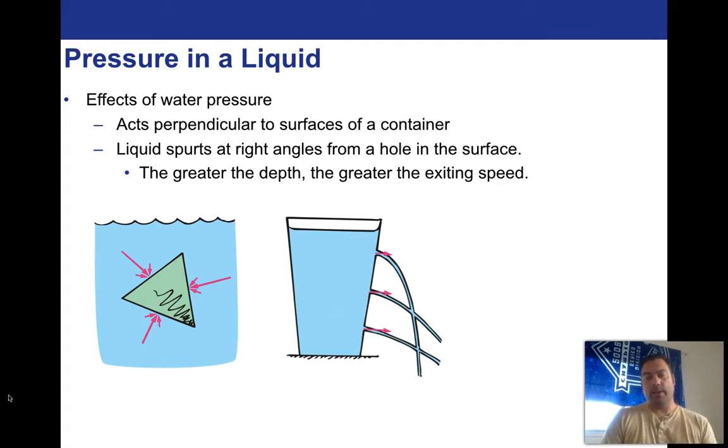A lot of first-year physics students that are taking calculus-based physics get to do the fun exercise of calculating what those velocities would be coming out of here, using some really simple concepts. So something to look forward to, for those of you that decide to get into physics, is fluid dynamics.